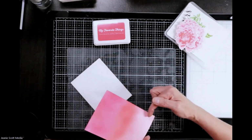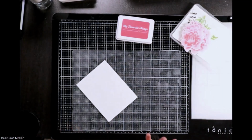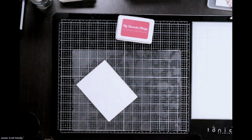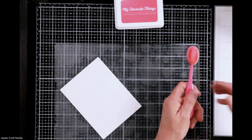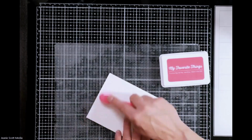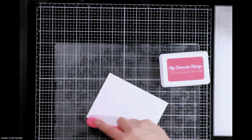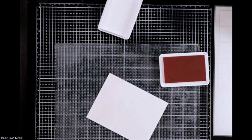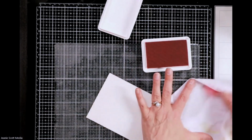So I decided just to use the 1 ink and do the same thing. 3 sections that will be going from darkest to lightest, but on my card I end up flipping it and going lightest to darkest. I'm bringing in my blending brush. This is just a blending brush from Amazon. Altenew has blending brushes. Gina K Designs has blending brushes. I don't know the difference because these are the only ones I have, but I am going to order them just so I can see